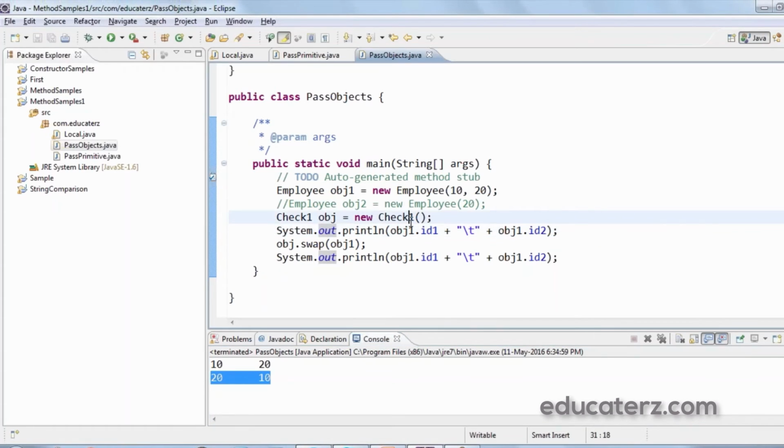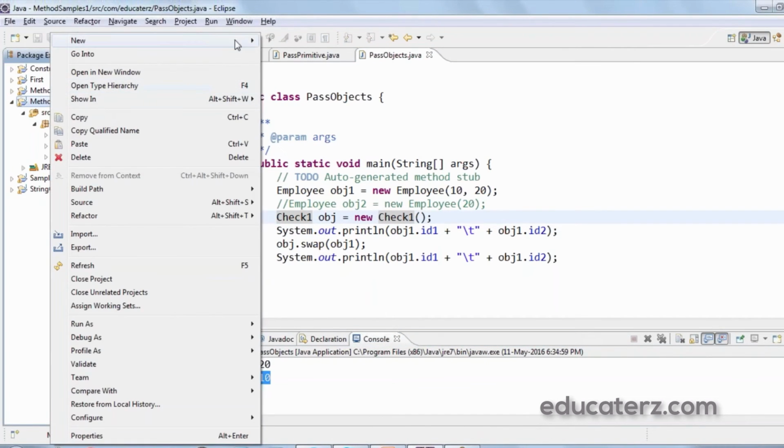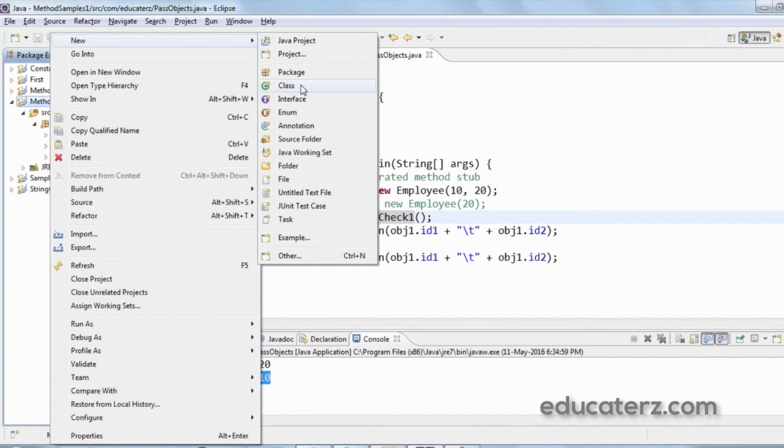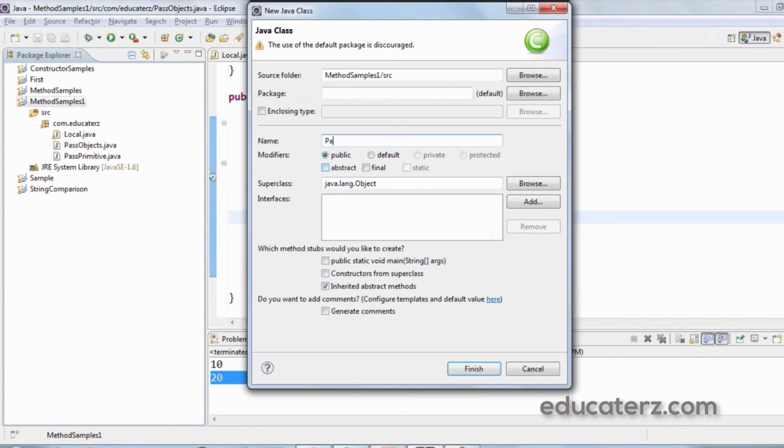So for that, let me create another class called PassArray with the main method and within the same package com.educators.